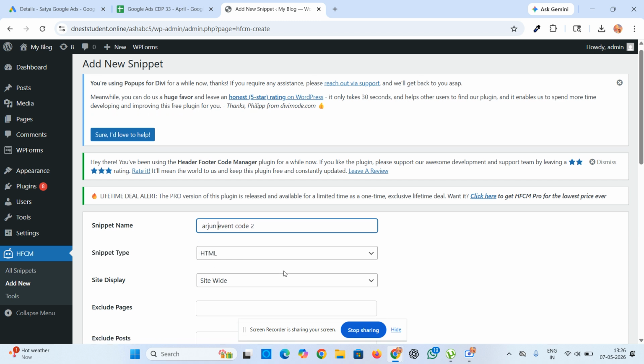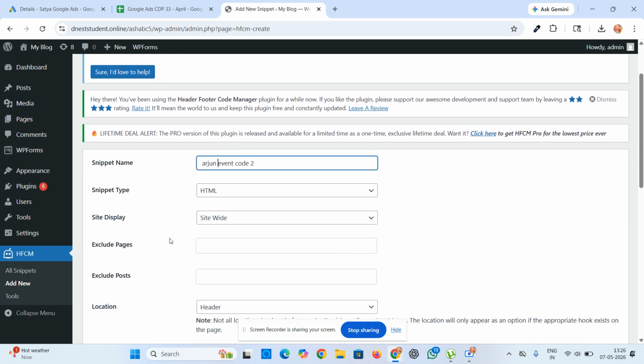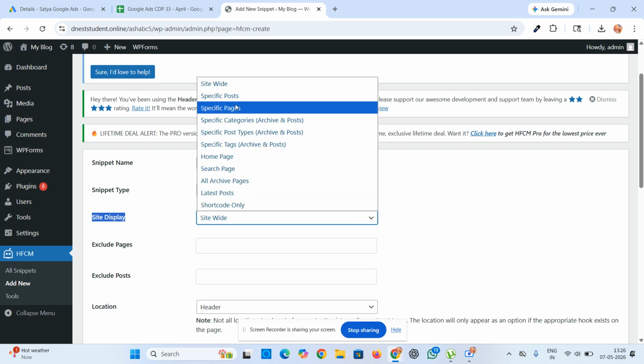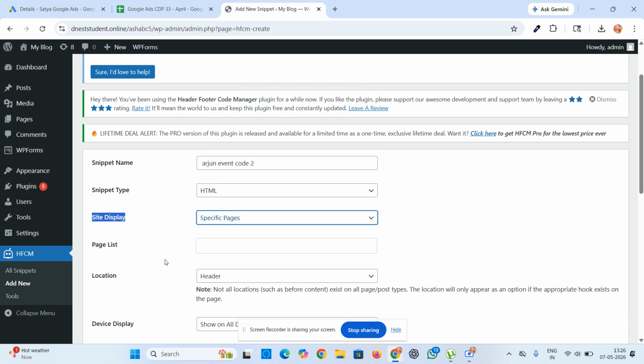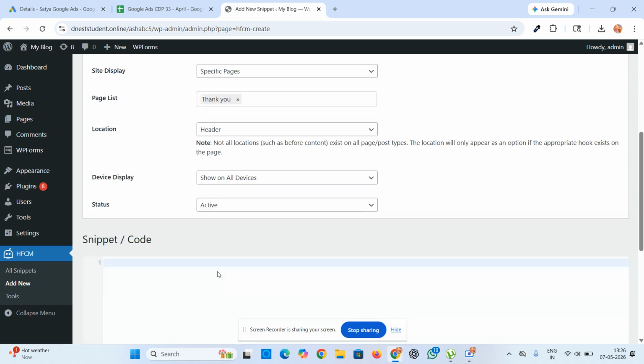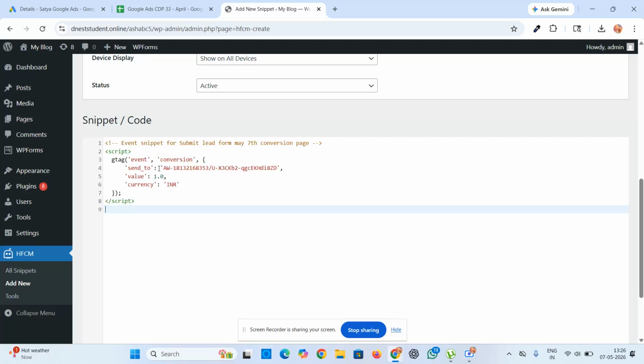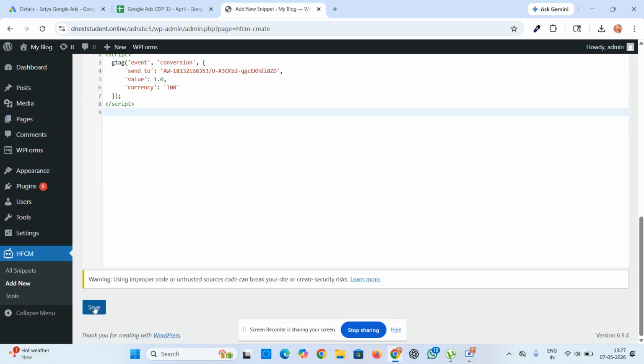Yeah. And here there are slight changes. Here for site display, we have to select Specific pages, and in the page list we have to add the thank you page, and then just scroll down here, paste the code, and then complete.